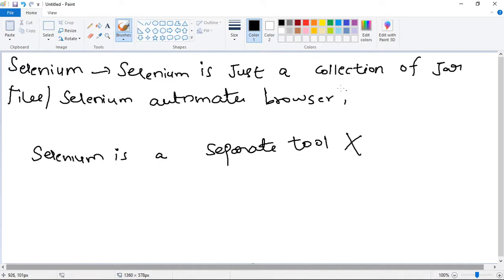What we do basically, with the help of some jar files. So what are those jar files? I will be talking soon. So these jar files will help us to give Eclipse the knowledge of Selenium.